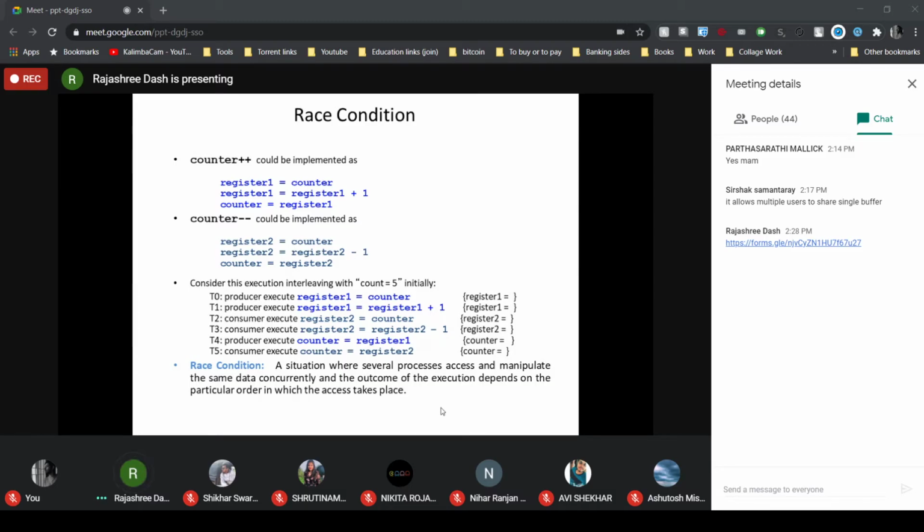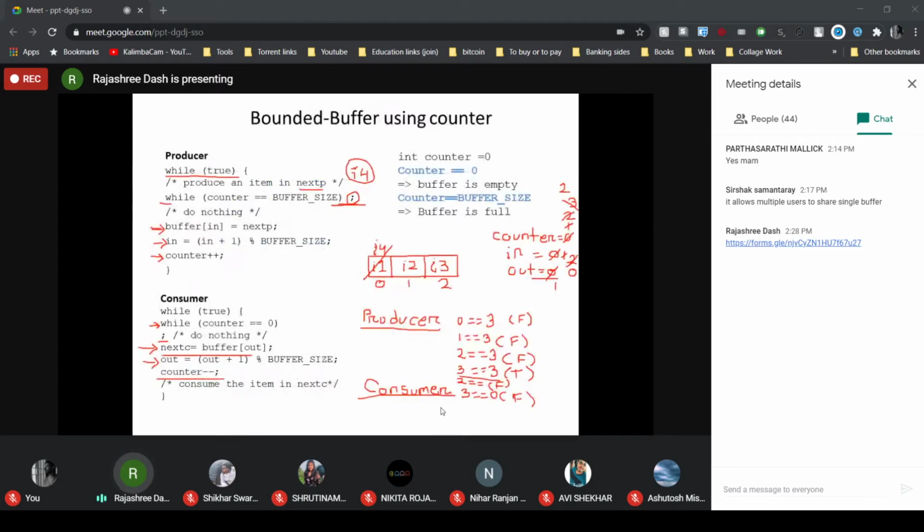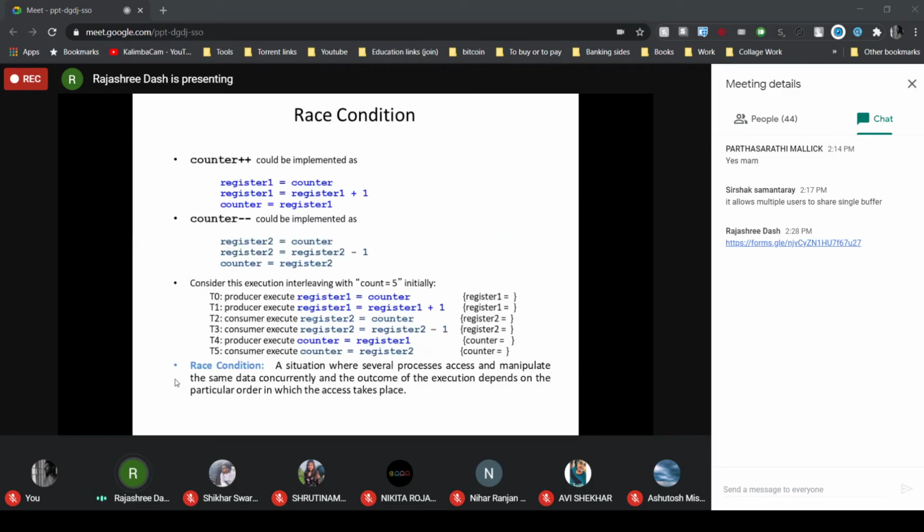Now, the statement counter plus plus is executed by the producer process, and counter minus minus is executed by the consumer process. So if the producer and consumer processes simultaneously try to execute counter plus plus and counter minus minus, then several interleavings of the instructions are possible.